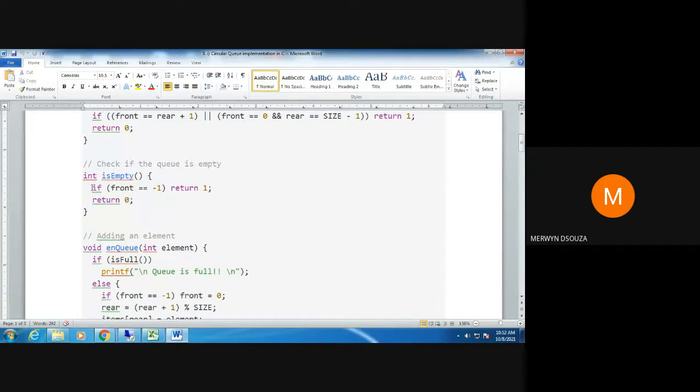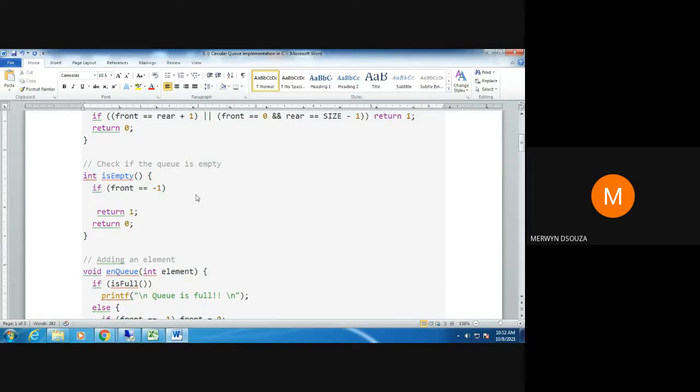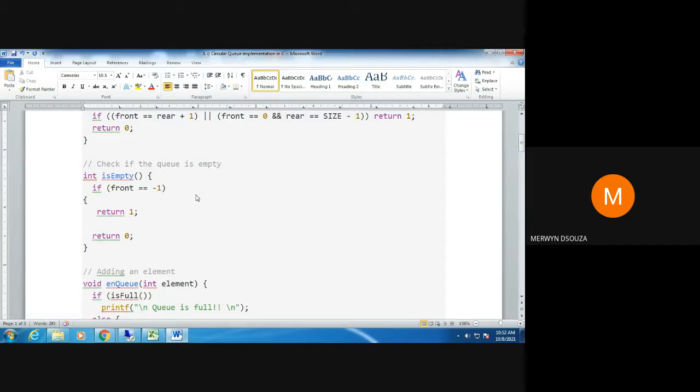Now as you can see in this code that I've highlighted, there's no else statement. Basically this could also have been written something like this. We could have written here if this condition is true, then return 1, else return 0. This is the longer way which I'm showing you right now.